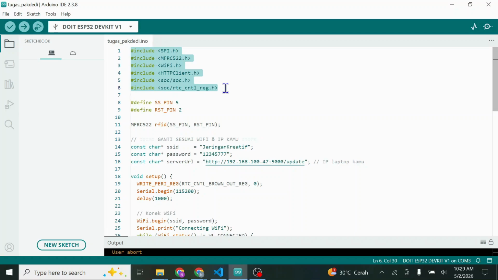We include the necessary libraries: SPI and MFRC522 for the RFID sensor, while Wi-Fi and HTTPClient allow the ESP32 to connect to the internet. The SOC libraries are used to manage the board's power.